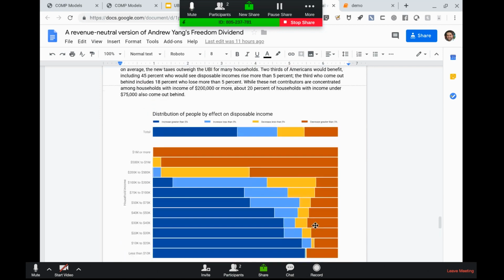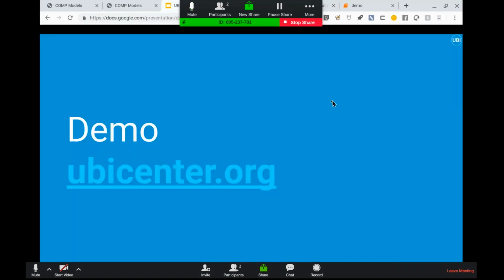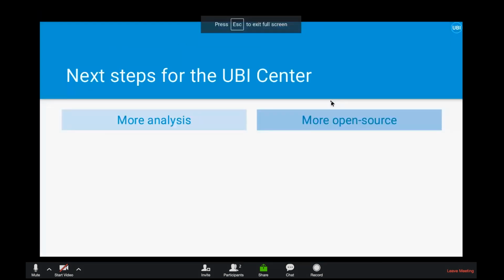So that's all for OpenUBI. Sorry, UBI Center. The initial name was OpenUBI, and then it was a cryptocurrency kind of thing, so I have to change it. But it's still in my mind.